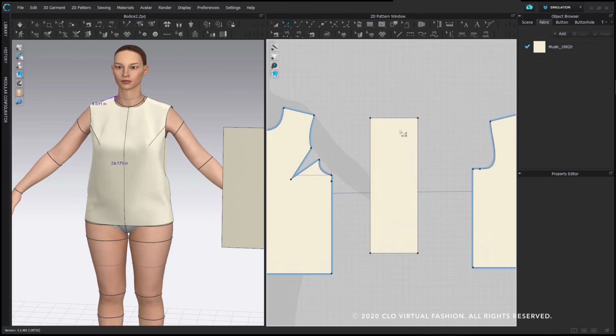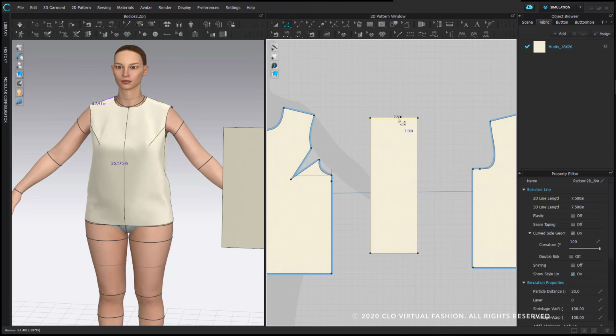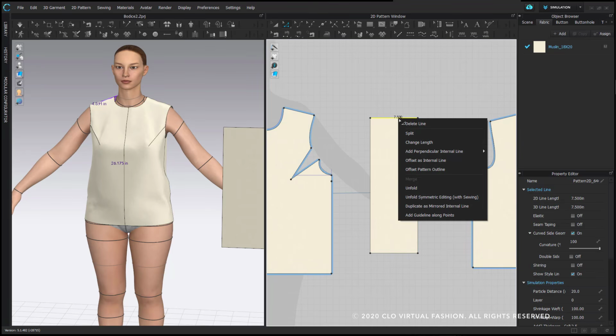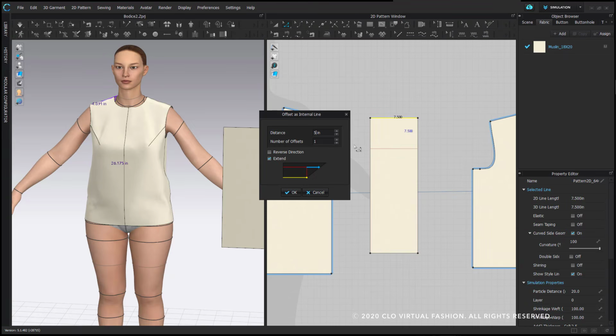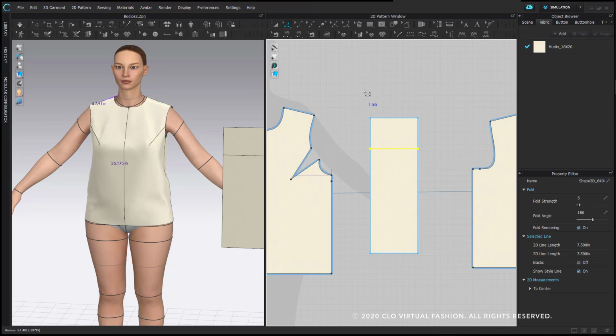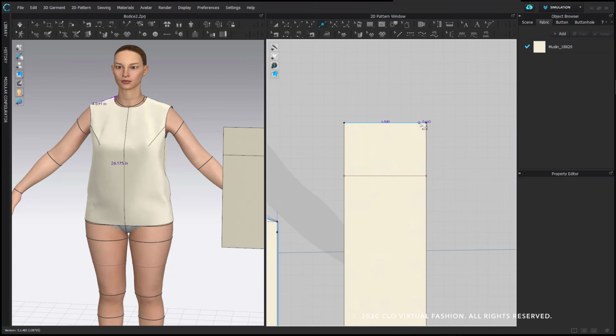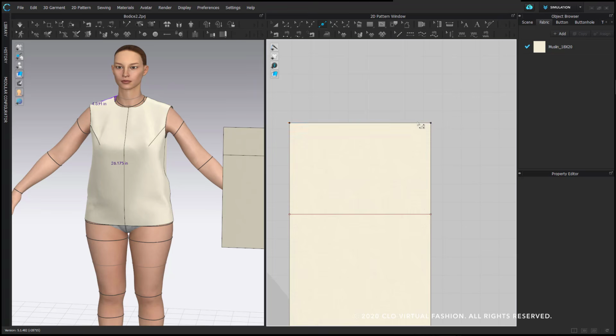So I measured 4 3/4 for a cap height. I'm going to round that up to just 5 and make it a little bit taller. From the top edge, I'm going to choose Offset as internal line and here type in my 5-inch measurement and hit OK. Then using Add Point Split Line, I am going to square off a little